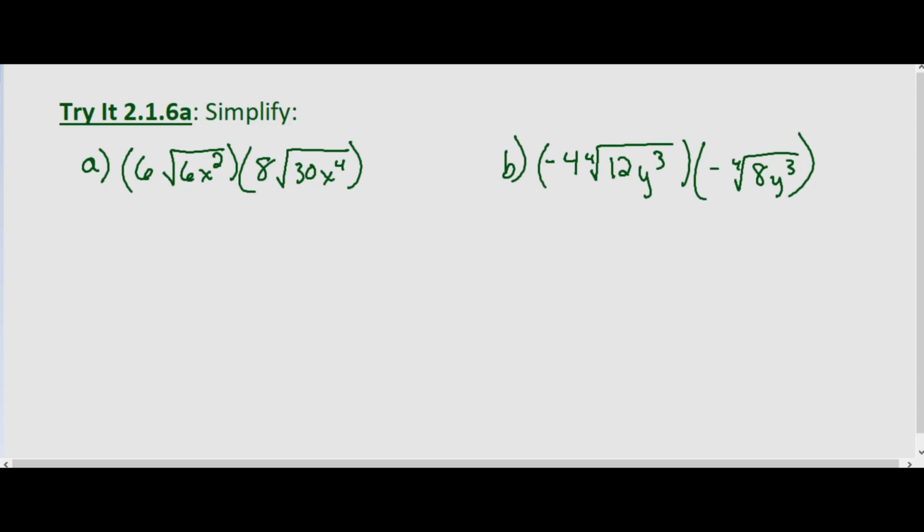So once again, we're simplifying radical expressions, in this case, again involving multiplication. With part A, we're given 6 times the square root of 6x squared times 8 times the square root of 30x to the fourth. We're simply going to use brute force. We're going to pull out the constants first. So 6 times 8